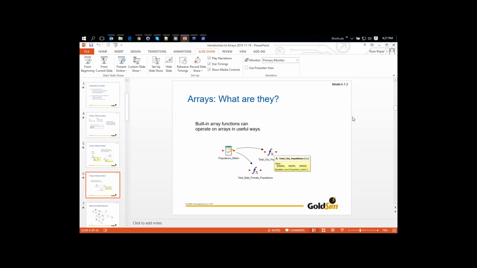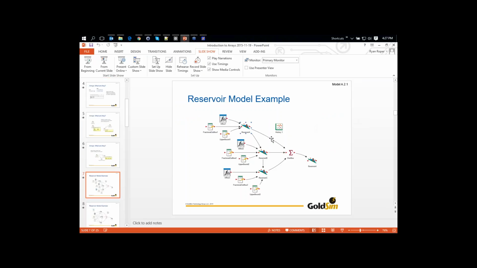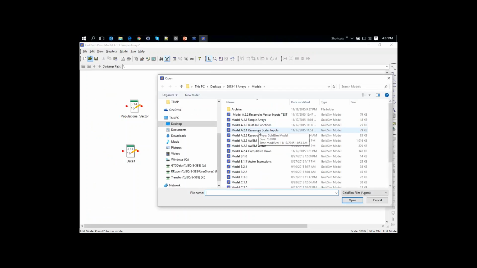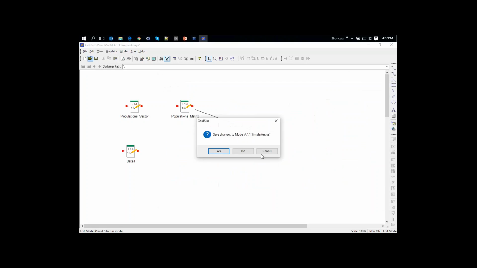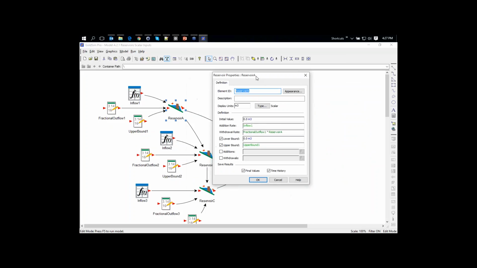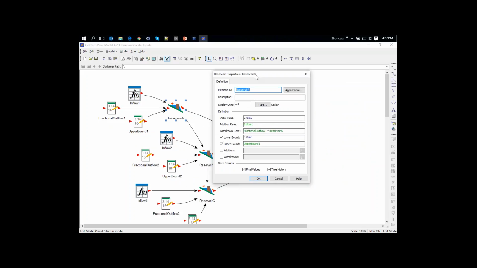Okay, so let's go on to our examples. I'm going to open up this basic reservoir model. In this example, we have 3 reservoirs, and each of those has 3 inputs. One is the inflow rate of water. The second is fractional outflow. The way I've set this up is that I'm imagining this to just be a pond,